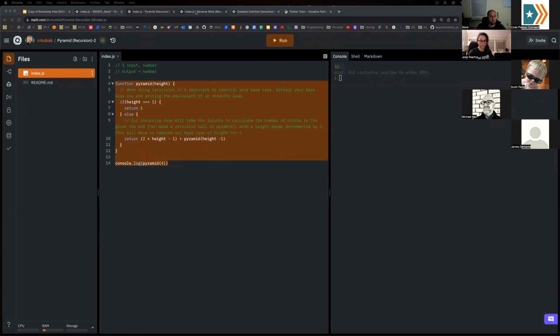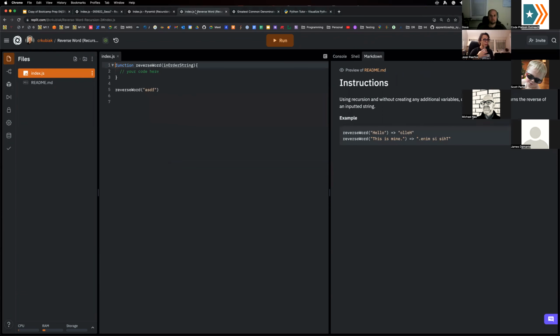Okay, so with pyramid and the sum up to, both times, we're working with numbers. Recursion works for strings. You can basically use it for anything that you'd use a loop for. So let's go ahead and take a look at how we would solve this reverse a word. Now, what we're going to need to do here is basically determine what our base case and our recursive case